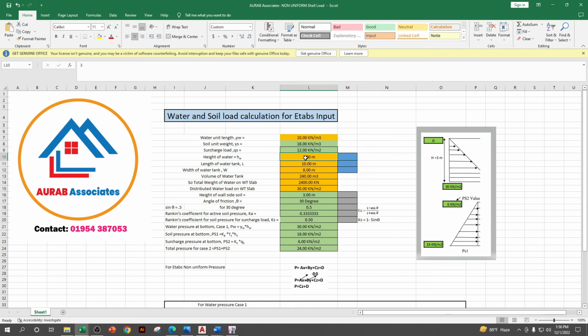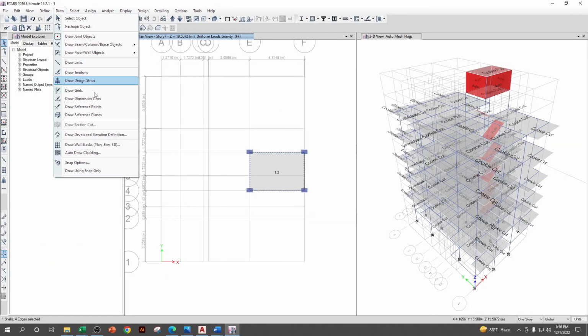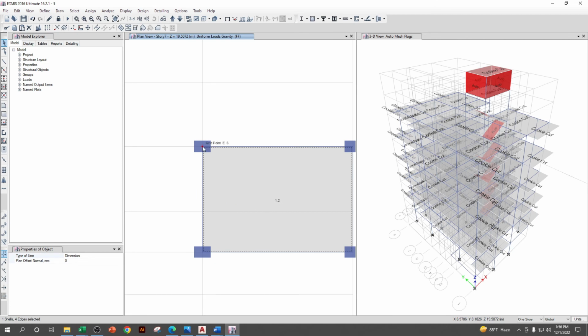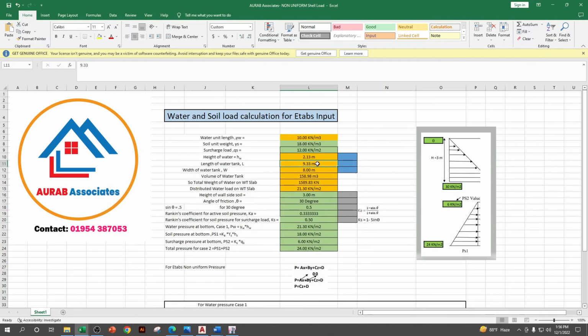That means 7 divided by 3.28 equals 2.13. The length was 9 feet, and the dimension lines give lengths of 4.11 and 2.84. Okay, so the distributed water load is